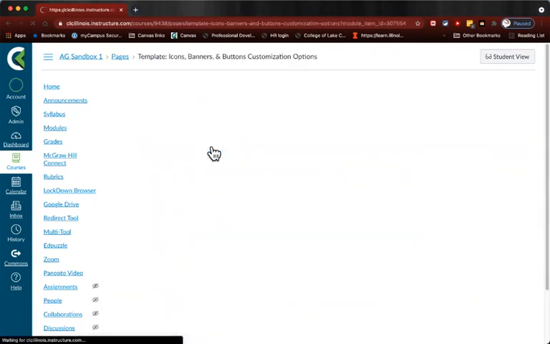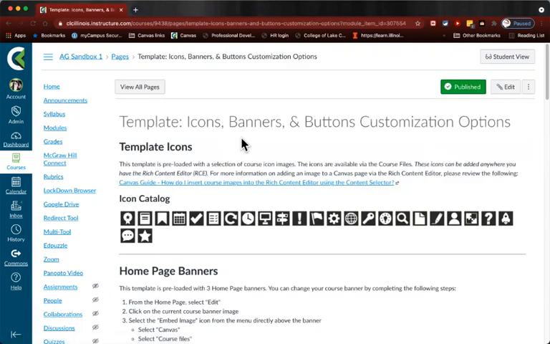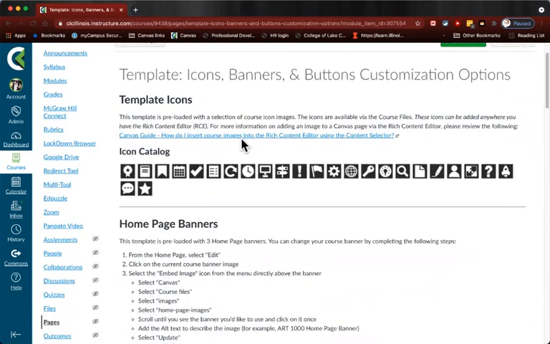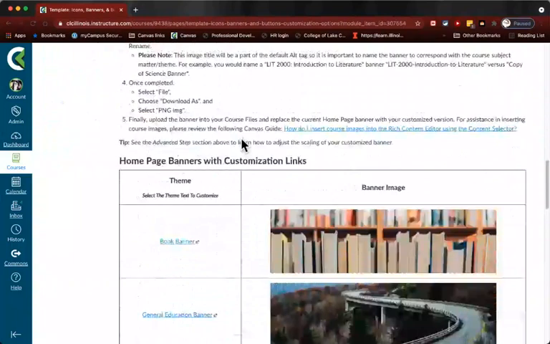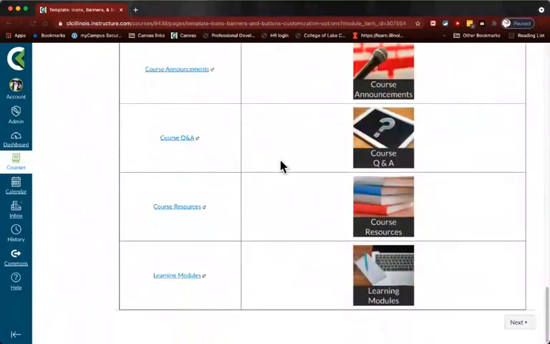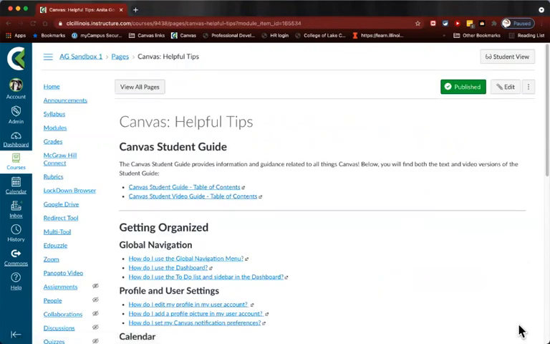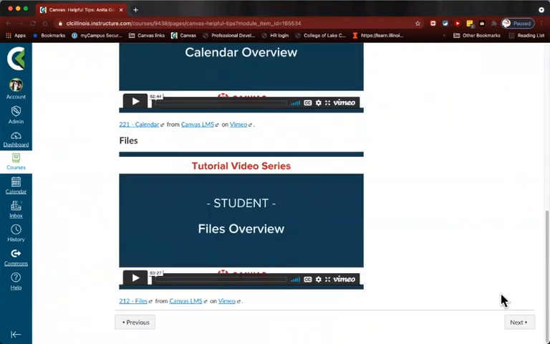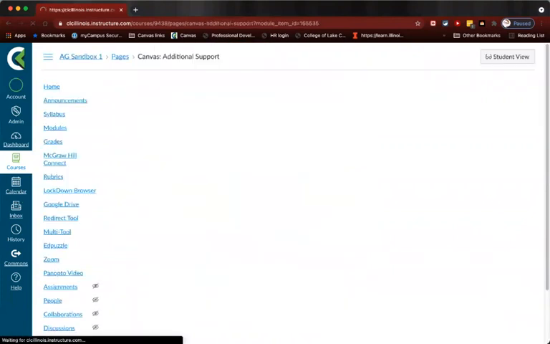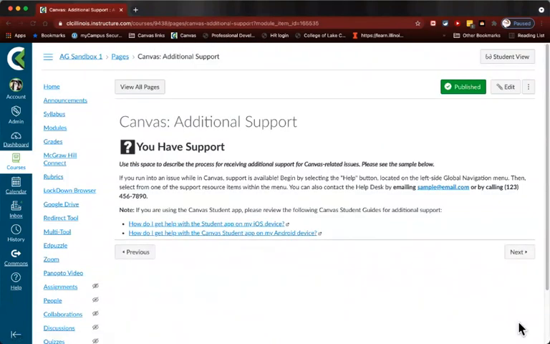So if I click on the first item here on the list, and I go through this particular page and complete all the content on this page, and I get all the way down to the bottom, what I'll see at the bottom is this button that says Next. This Next button will take me to the next item in line in this module that needs to be completed. That Next button will continue to appear on every subsequent page that you need to complete until you've either completed that module or your instructor has decided that you need to stop at that point. That is the most common way for you to navigate a Canvas course.